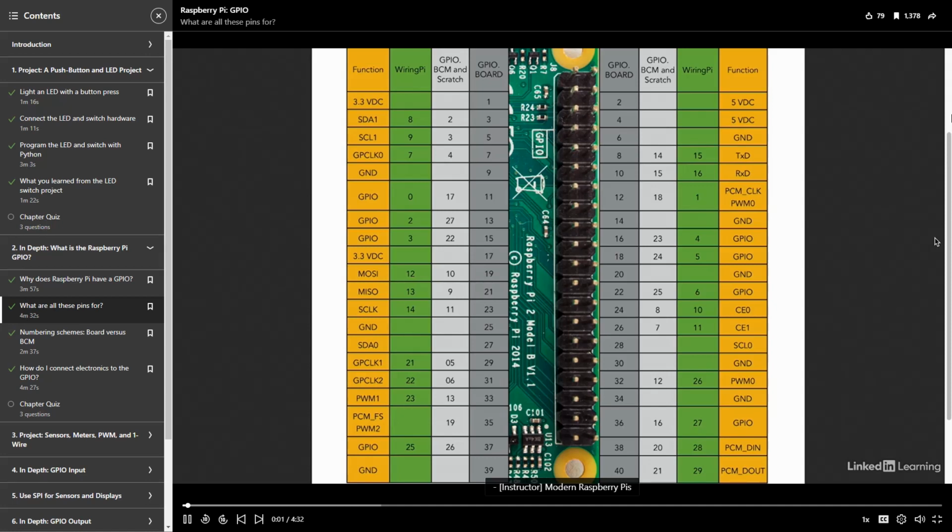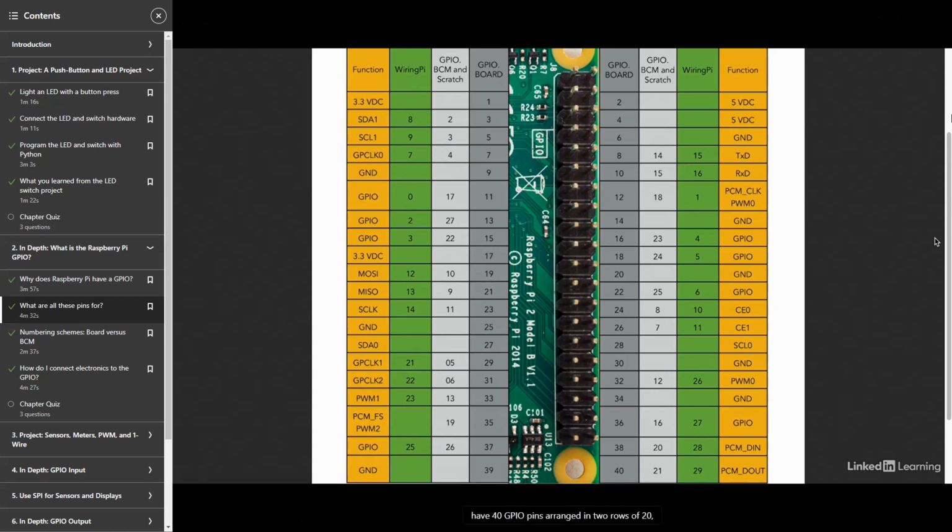Modern Raspberry Pis have 40 GPIO pins arranged in 2 rows of 20. So how do you make sense of all these pins? They aren't labeled, they all look the same, and it's impossible to simply explore them with a voltmeter to make any sense out of what they do. Let's take a look at the GPIO pins, starting with a chart I've supplied in every Raspberry Pi course. You'll find a copy in the exercise files included with this course. The handout is called